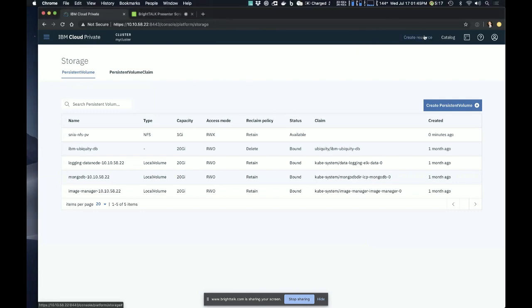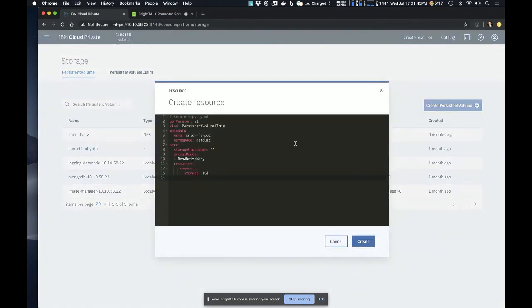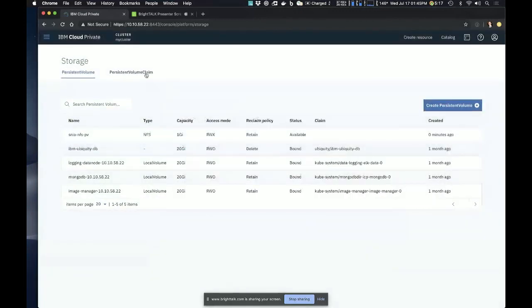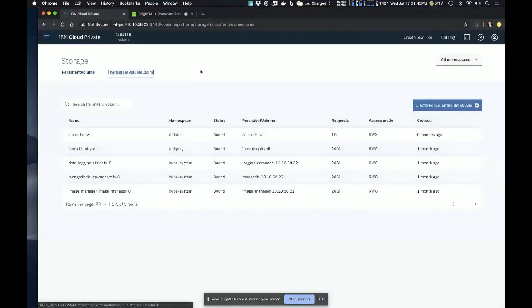The next thing I need to do so that I can keep using this is go over here, again create a resource, and paste in YAML. You can either use JSON or YAML. I'm more familiar with YAML, so I do this. Essentially I'm creating a persistent volume claim here with the same name as the persistent volume I created. But notice here, I'm not specifying anything. All I'm saying is the resource I want is 1 gig, which I also created the persistent volume as. So here I'm going to go create and come over here to persistent volume.